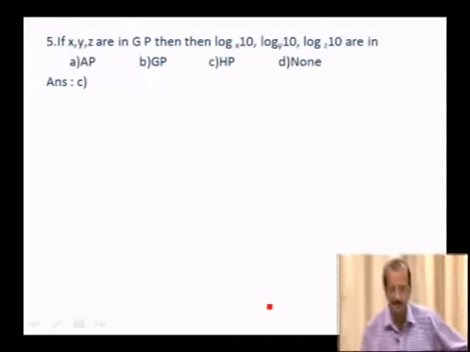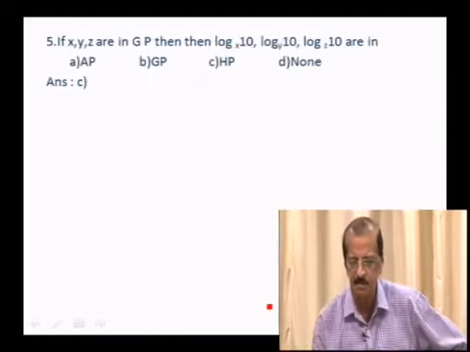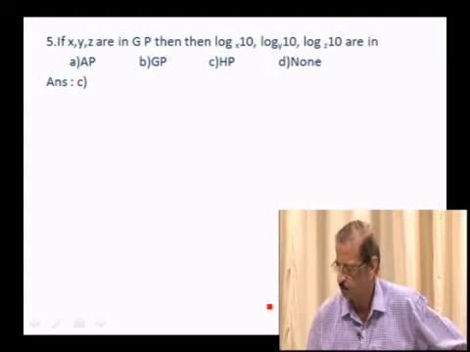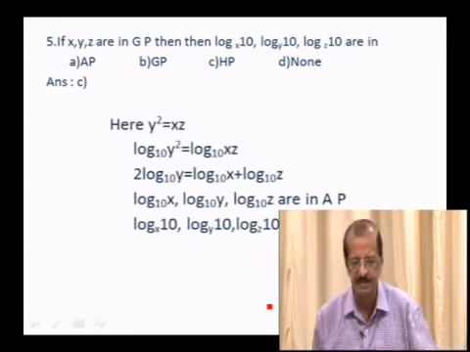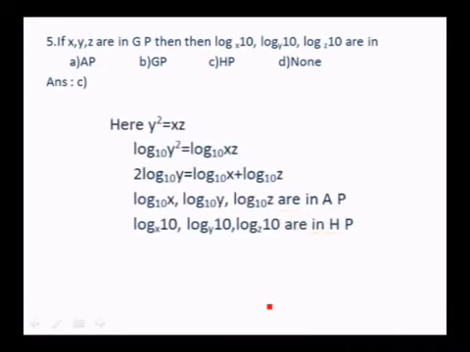X, Y, Z in AP, then log 10 to the base x, log 10 to the base y, log 10 to the base z are in AP, GP, HP, none. I said in the synopsis that whenever X, Y, Z are in AP, log x to the base 10, log y to the base 10, log z to the base 10 will be in AP. So, if you just take the reciprocal, log x to the base 10 can be written as log 10 to the base x,